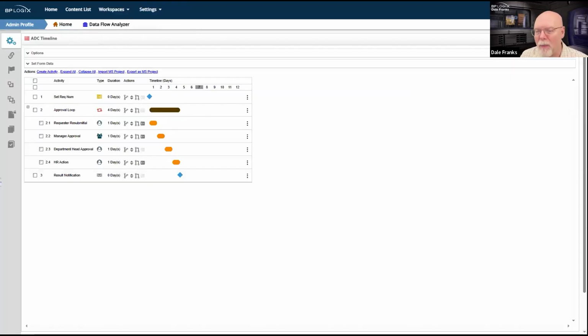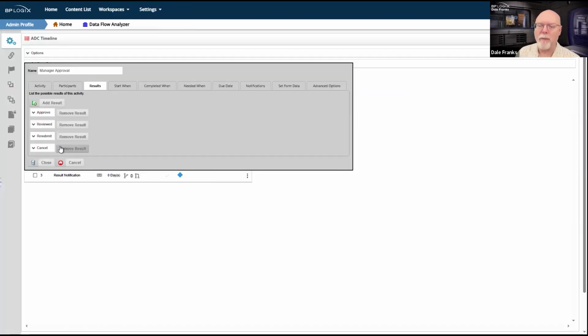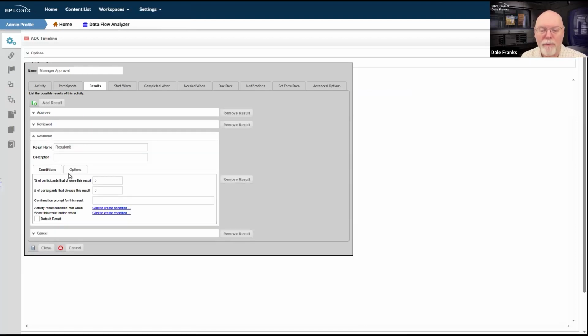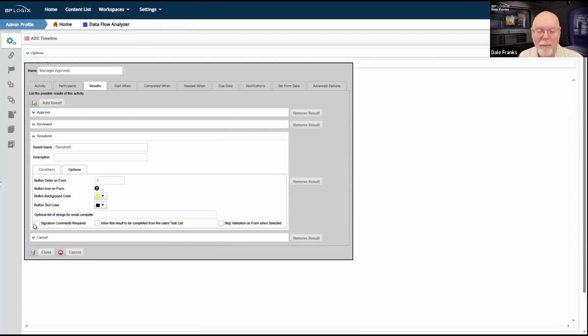So let's go back and look at our process timeline activities for manager approval and department head approval. For resubmit, let's look at that result and go to the Options tab. I am not requiring signature comments for a resubmit. Okay, good time to add them. If I'm going to tell you to resubmit, I need to make some comments to tell you what I think is a problem and why you need to resubmit it.